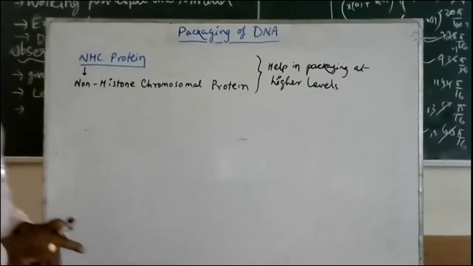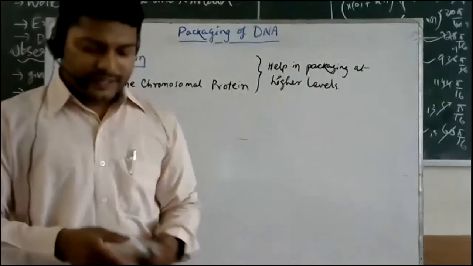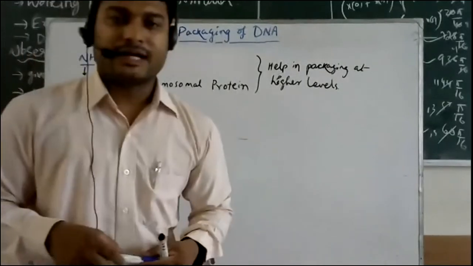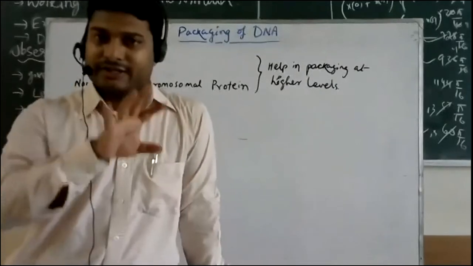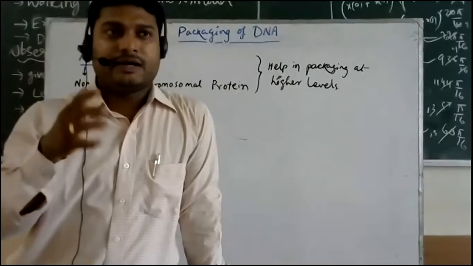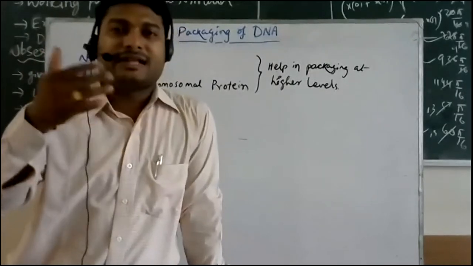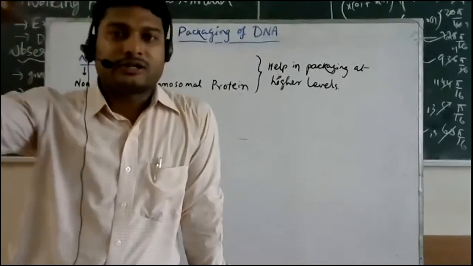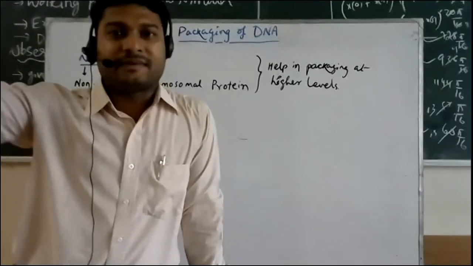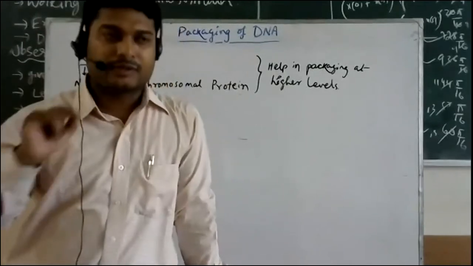Sir, higher levels and lower levels refers to what? Okay, very simple. When I'm talking about higher level, what I'm saying is, as you saw in the image, we had the DNA. Now the DNA forms the structure, what is that? Nucleosomes, and from there we went to the solenoid. From solenoid to the chromatin fibers. From chromatin fiber to the chromatid. From chromatid to the chromosomes. That is the sequence we talked about in the image.